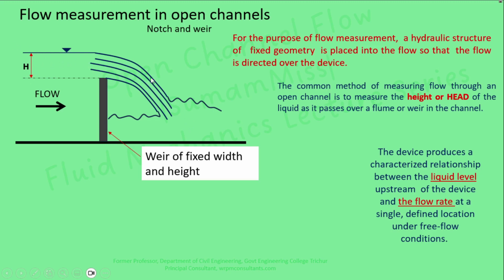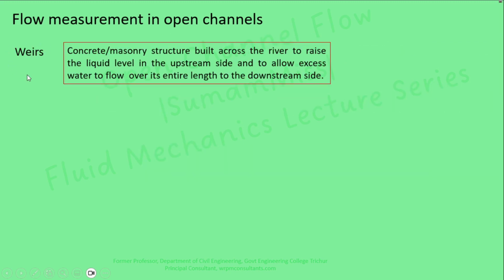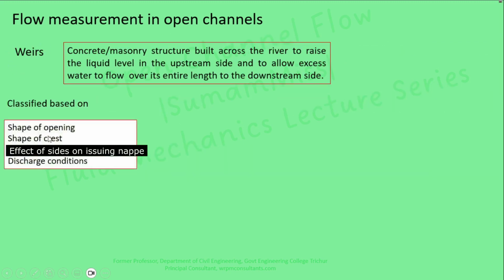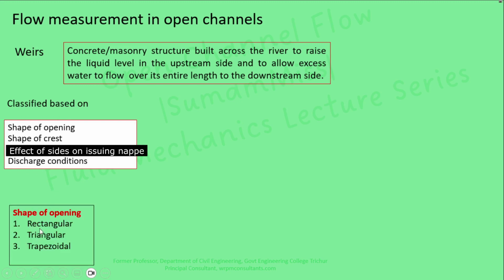This type of weir is called freely discharging weirs. Weirs are classified based on shape of the opening, shape of the crest, effective sides of issuing nappe, and discharge conditions. So based on the shape of the opening, like notches, weirs are classified into rectangular weir, triangular weir, and